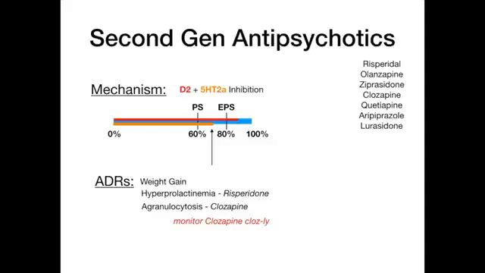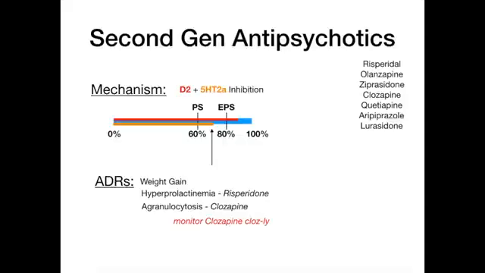Clozapine causes the adverse drug reaction agranulocytosis. So because of this, the mnemonic is that you monitor clozapine closely, like clozapine, because you need to have routine complete blood counts done to look at the patient's cells to make sure that they're not experiencing agranulocytosis. Now, the funny thing about clozapine, little clinical aside here, is that it is the most effective antipsychotic that we have, but because of its side effect of agranulocytosis, it's often reserved for refractory cases. So that's sort of high yield. You might get pimped on that when you're on your clerkships. But for USMLE and COMLEX, know the agranulocytosis.